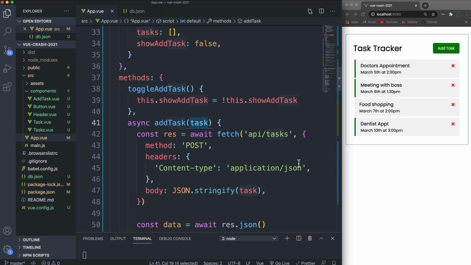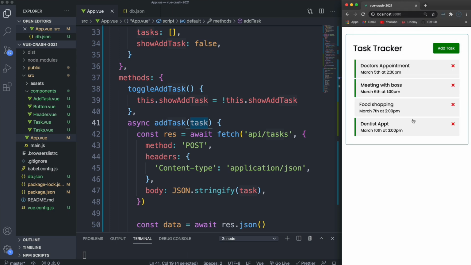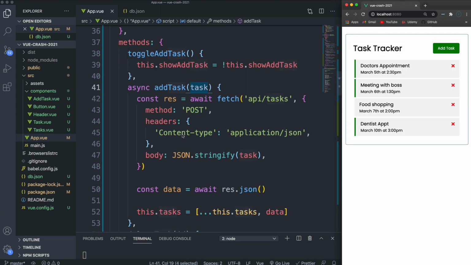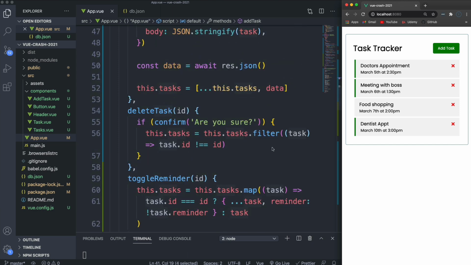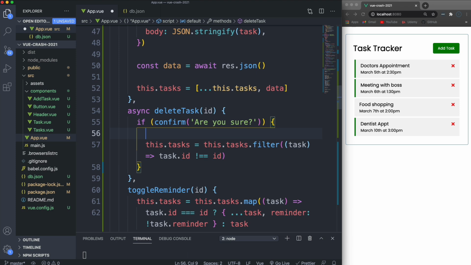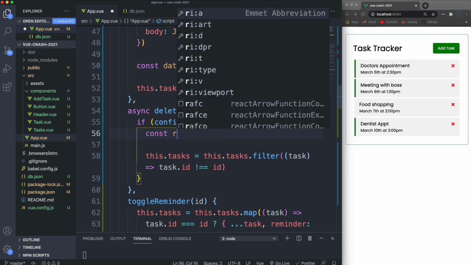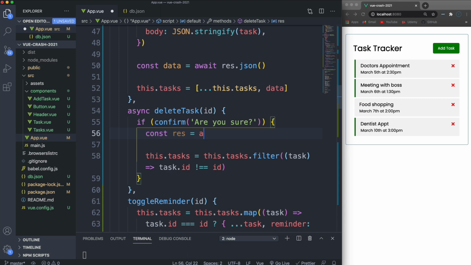All right, so now let's do the delete. Because I can delete from the UI, right? But if I reload, it's still there because we didn't persist the delete. So down where we have our delete, let's make that asynchronous. And let's see, we'll just go in here. And let's make our request. So I'm going to set that to await